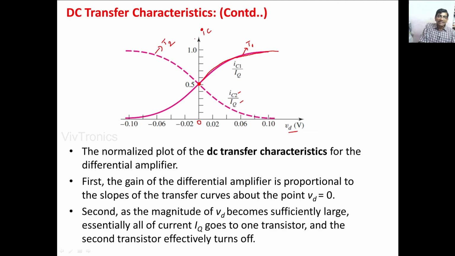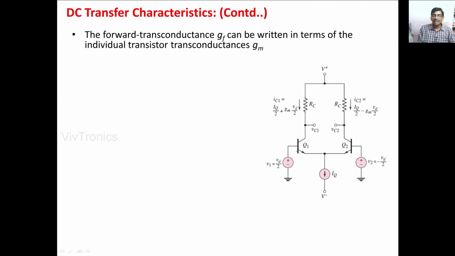Similarly, when the current is going into the Q2 transistor alone, then on the left hand side you can observe the transfer characteristics of transistor Q2, and the transistor Q1 collector current is decreased a lot. At the end, both transistor currents go to 0, which means those transistors are turned off.